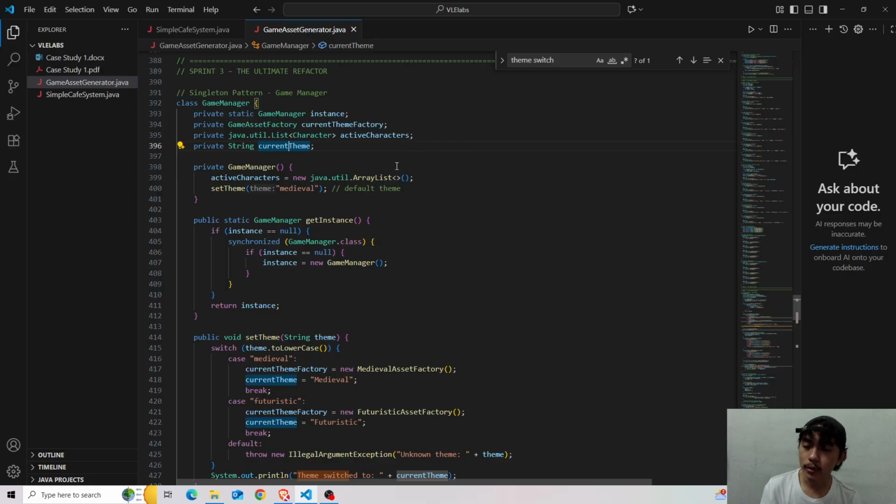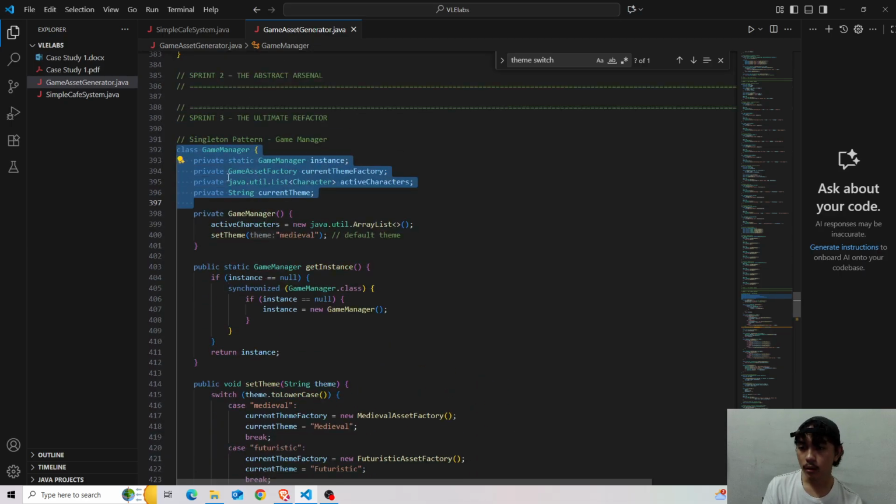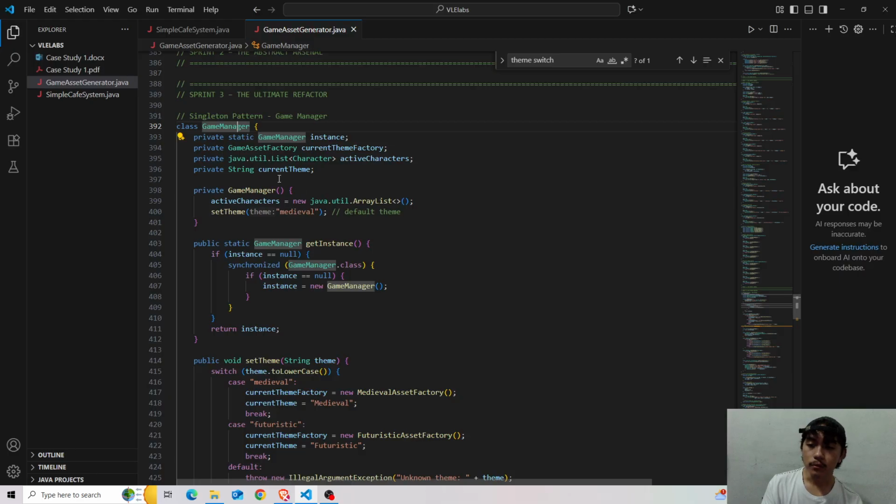Okay, so we have here a private method game manager. So we have to encapsulate everything here, all of the instances here, because we don't want any of the methods or the instances here to be called outside the game manager class. Okay, so for the game manager method, we have here active characters equals new array list.